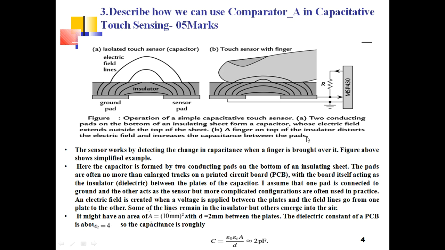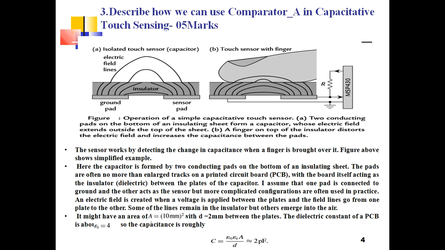After putting the pressure, or after putting the finger on the touch screen, there is a change in capacitance. You can see it in the above diagram. Here the capacitor is formed by two conducting pads on the bottom of the insulating sheet. The pads are often no more than enlarged tracks on a printed circuit board. It's a PCB with the board itself acting as the insulator, that is, a dielectric medium between the plates of